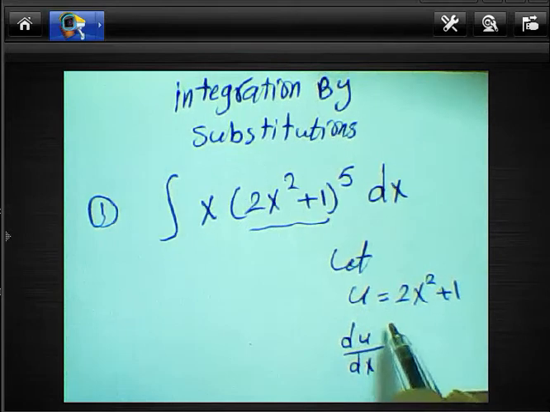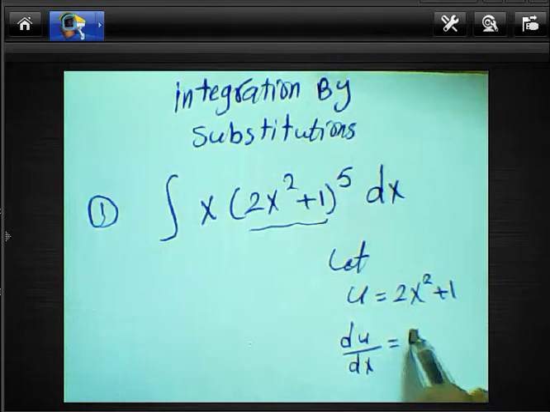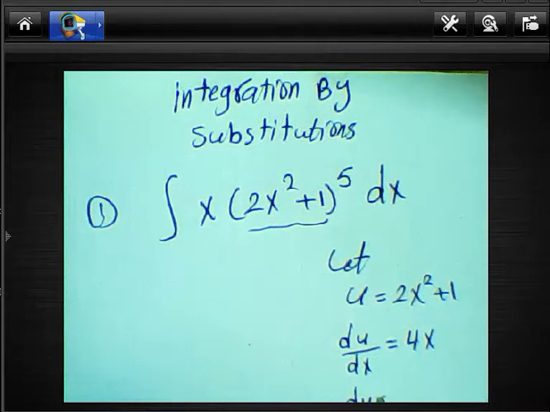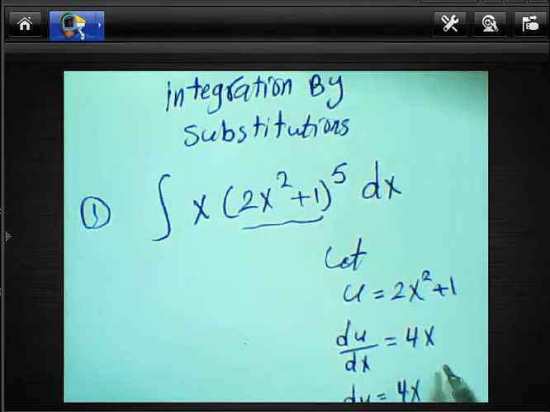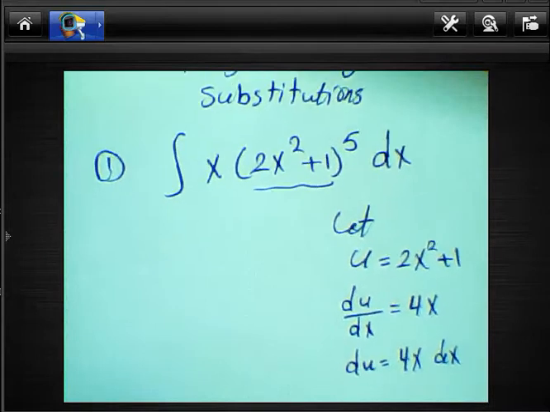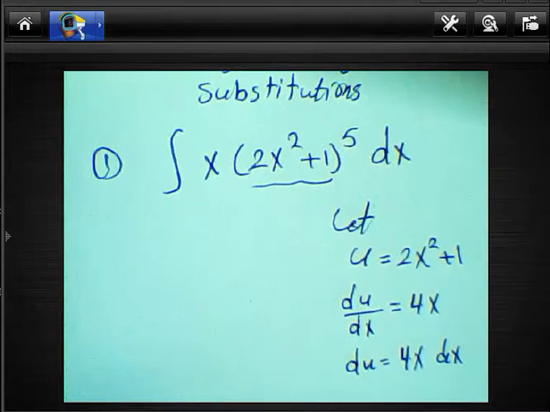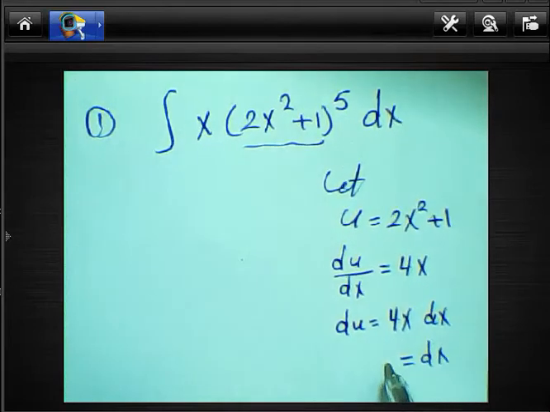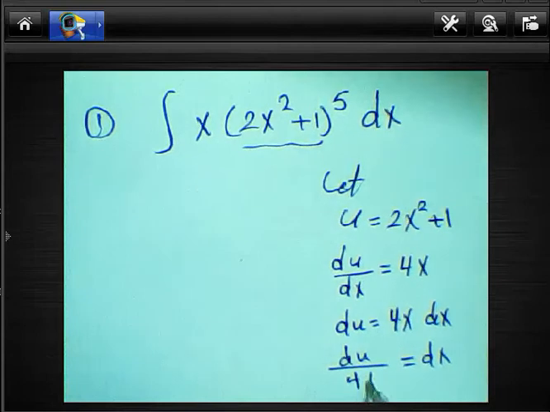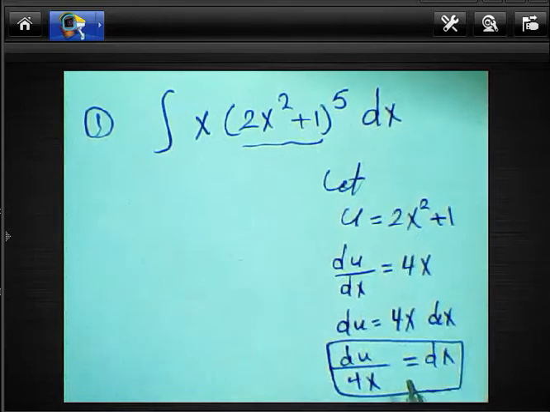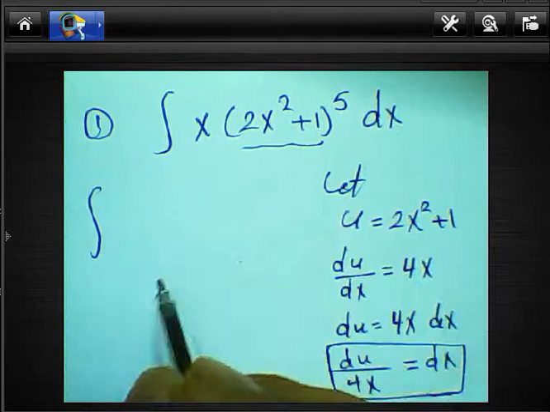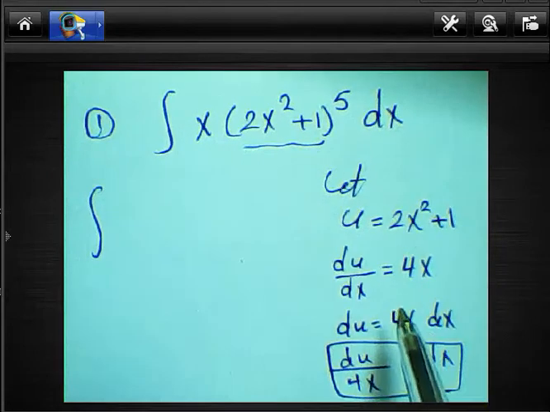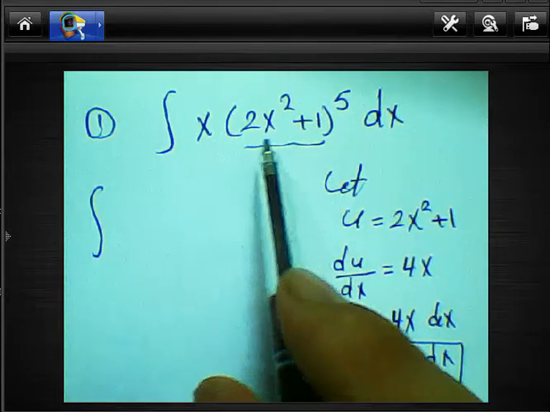The derivative of this function will be 4x, then du equals 4x multiplied by dx. This is the derivative of u. So we can write dx equals du over 4x. So the integration of this function, we can write here, this function will be u power